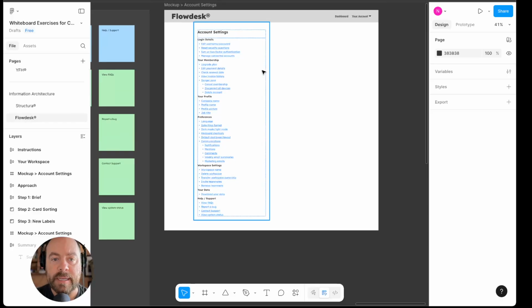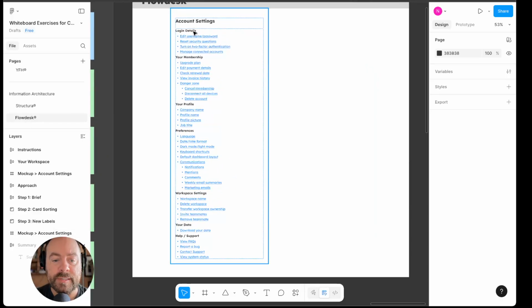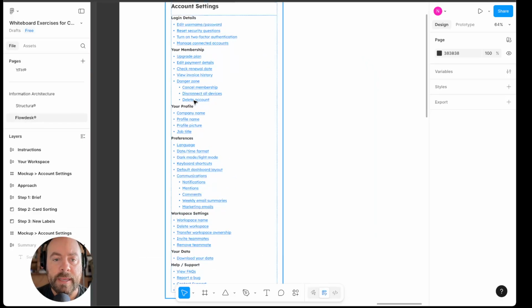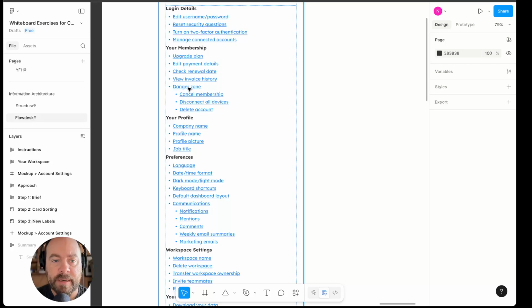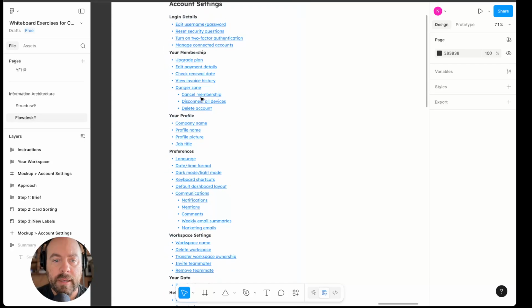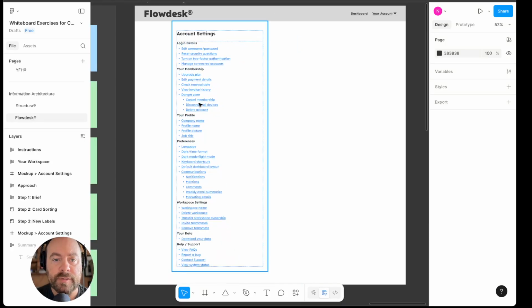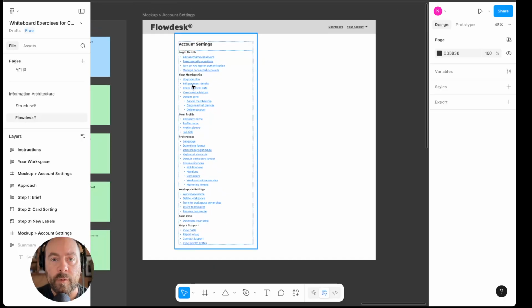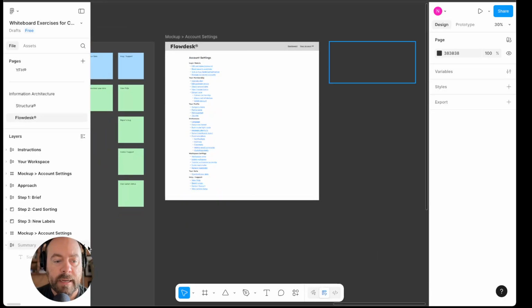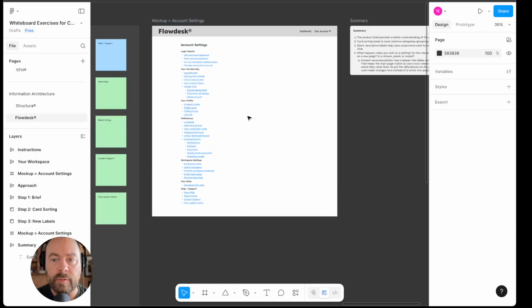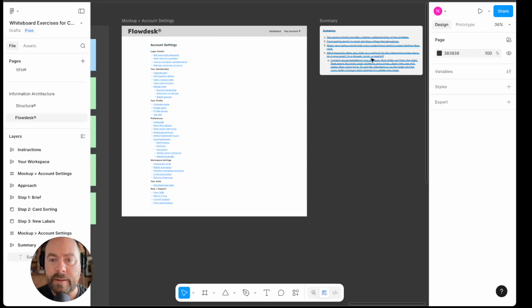Here's what that looks like in the mockup. So this has all been rearranged. And I don't love that these subcategories are links and then there are links underneath those. It's just the layout that we're forced to work within. But I have created a summary where I have mentioned that